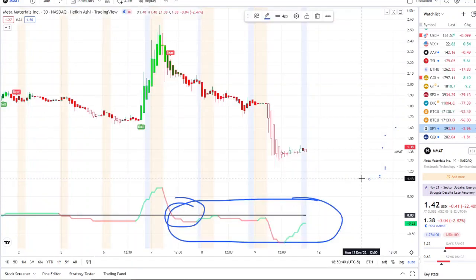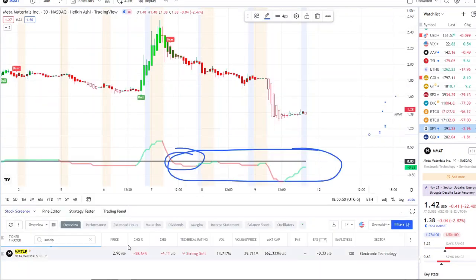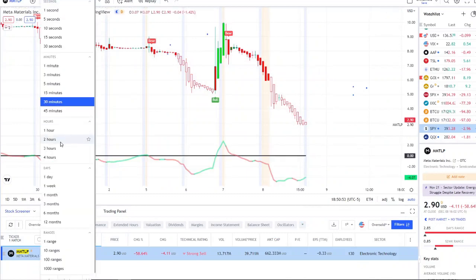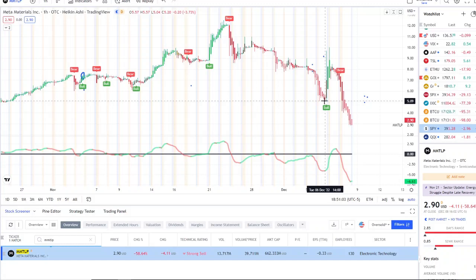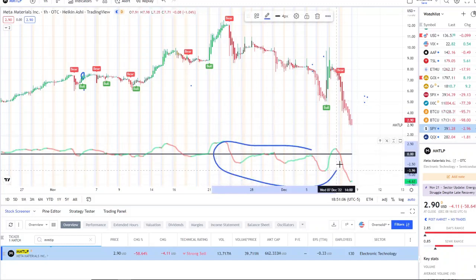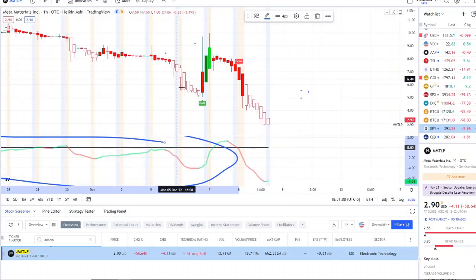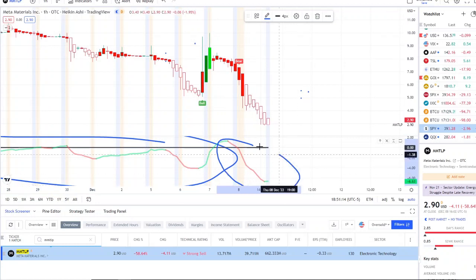Now, there's a lot of people speculating as well that the halt can unhalt before 12/13, but that's just over speculating at this point. And like I've always stated, I will always follow charts. And if you zoom out and you look at this from the 1 hour, you could see here that outflows have dominated since the peak. That bear indicator lasted from around here on Tuesday, right? November 22nd, all the way down towards December 6th. The outflows were dominating. It had one brief moment of strength there going into the 7th in the pre-market, and the outflows started to begin again towards the end of the day, and they crossed over yesterday.